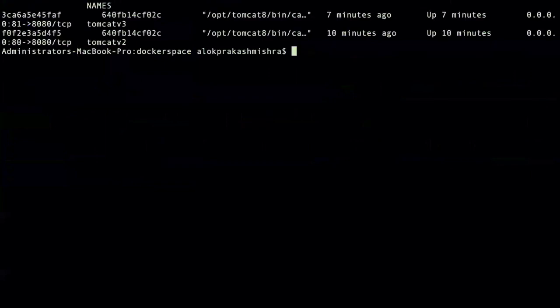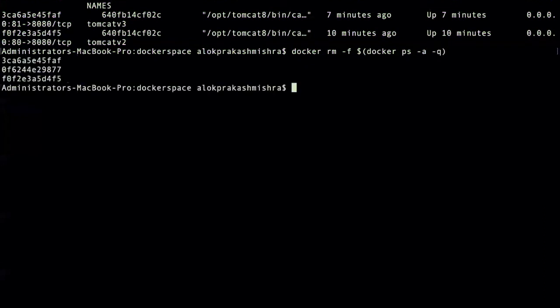Docker rm -f, force, and let me pull the container ids. For that there is a command, docker ps -aq. It will give the ids. See here, all three deleted, even the previous ps process that was created. Everything is deleted.